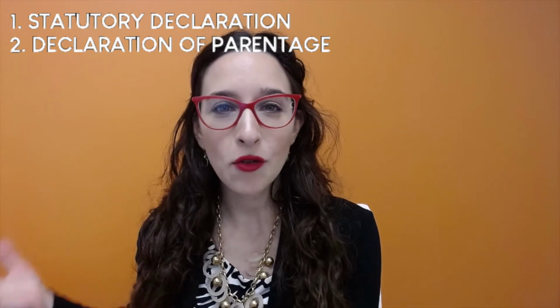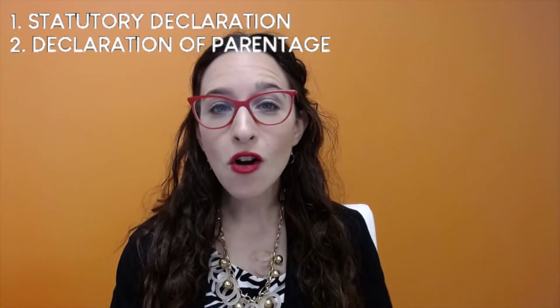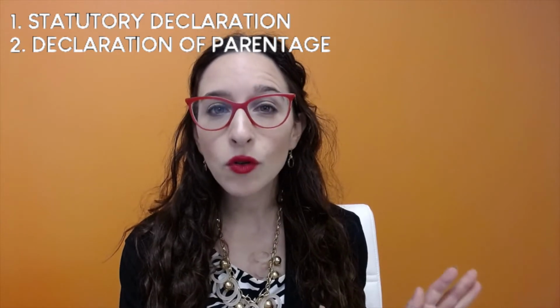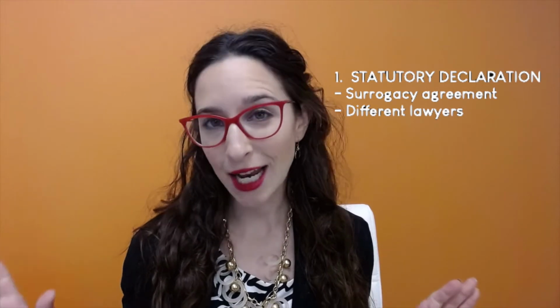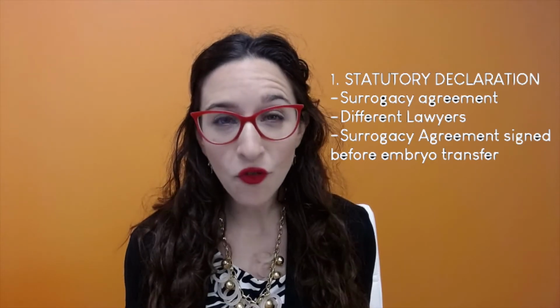Now, why would anybody go the declaration of parentage route when there's this other route that's faster and cheaper? So there are a few reasons why. This faster, cheaper route, the statutory declaration, is only an option if a few criteria are met. There has to be a surrogacy agreement. The parties have to receive independent legal advice, which means the surrogate has her own lawyer separate from the lawyers advising the intended parents. And the surrogacy agreement has to be signed before the embryo transfer, so before she's actually pregnant. If those things happen, then generally, if the birth happens in Ontario, statutory declaration is the way to go